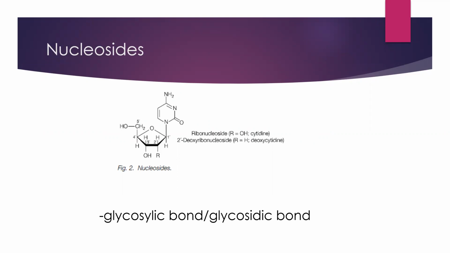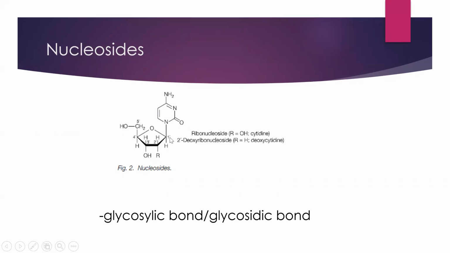Then what are nucleosides? These nitrogenous bases which are present in DNA or RNA are covalently linked to the sugar moiety. Here the sugar moiety is a pentose sugar, and specifically if it is RNA, the pentose sugar is ribose. If it is DNA, this pentose sugar is deoxyribose. How are ribose and deoxyribose different? At the 2nd position, the hydroxyl group is replaced by hydrogen. If it is a ribonucleoside, this R is OH. If it is a deoxyribonucleoside, then it is just hydrogen.